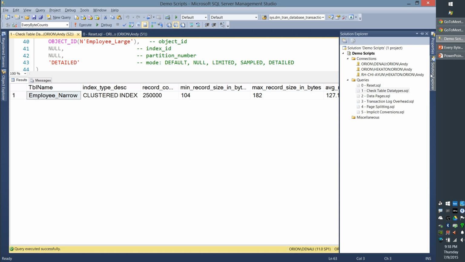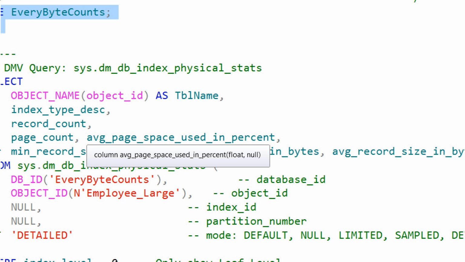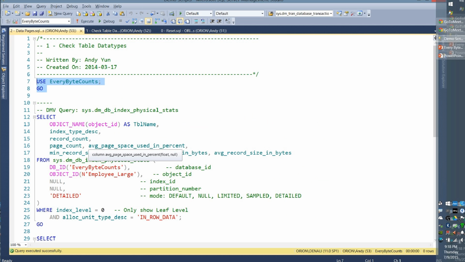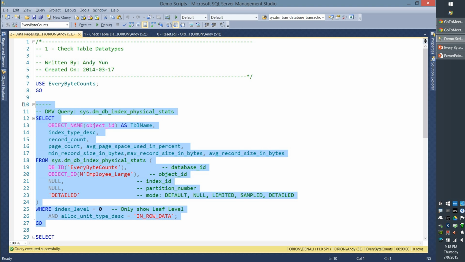So I'm going to do another demo now. We're going to return back to the DMV that I showed you a few minutes ago, and then I'm going to show you something called Statistics IO. Let's check that out. So let's see, user database. And in this, let me get rid of that. In this case, now we're going to expose a few new columns that I did not expose to you before from this DMV. We're going to look at employee large,